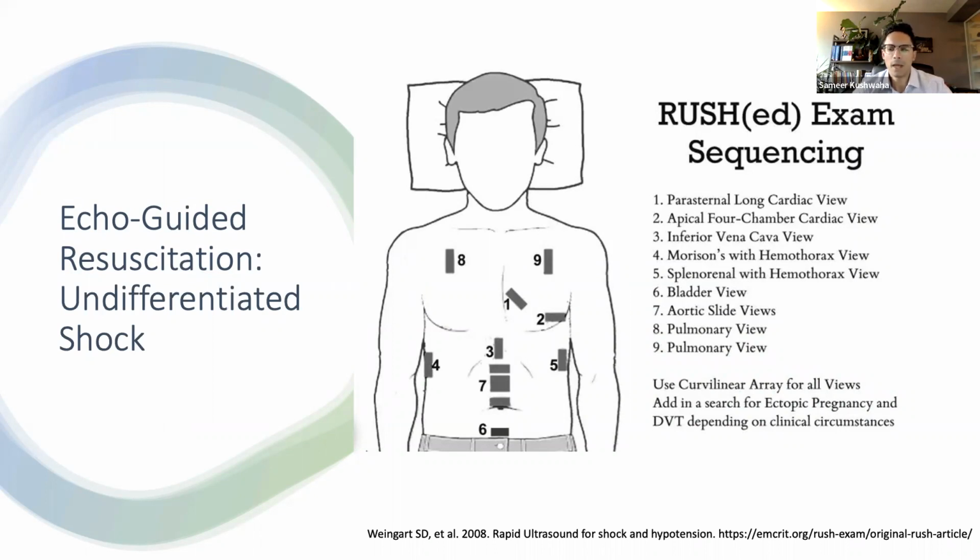This is a newer, but not that new model that I've heard of from a few people, called the RUSH exam. It's a bit more comprehensive than the FAST exam and includes the three main cardiac views at the parasternal long axis, apical four-chamber, and subxiphoid areas, as well as the areas that are seen on the FAST exam, the hepatorenal, splenorenal, and bladder spaces. And then it includes a sliding view along the abdominal aorta and two pulmonary views. And in doing so, can identify almost any of the major causes of shock, and with some practice can be done within a few minutes to take a quick look for any evidence of blood or pneumothorax or other free fluid.